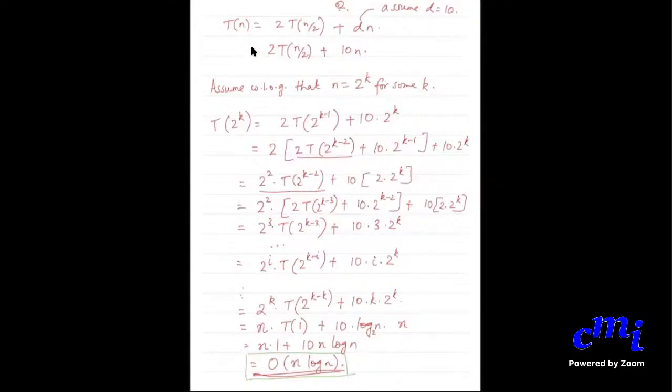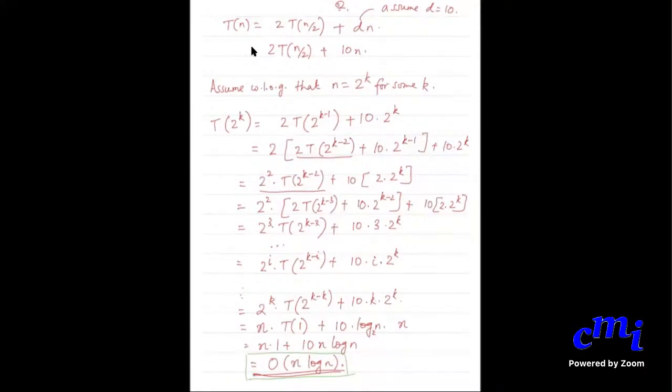Could you repeat one more time why the assumption that n is equal to 2 to the k is without loss of generality? That is because suppose n is not 2 to the k. Then n will be between some two powers of 2, right? So take the larger power of 2. Suppose n is between 2 to the 10 and 2 to the 11. Then the time taken for that will definitely be less than that for 2 to the 11, and so it will all work out again.